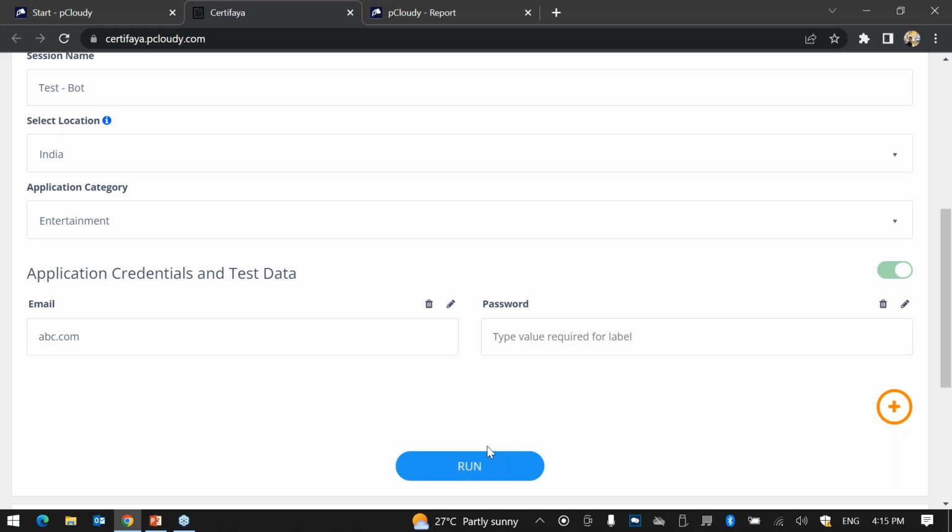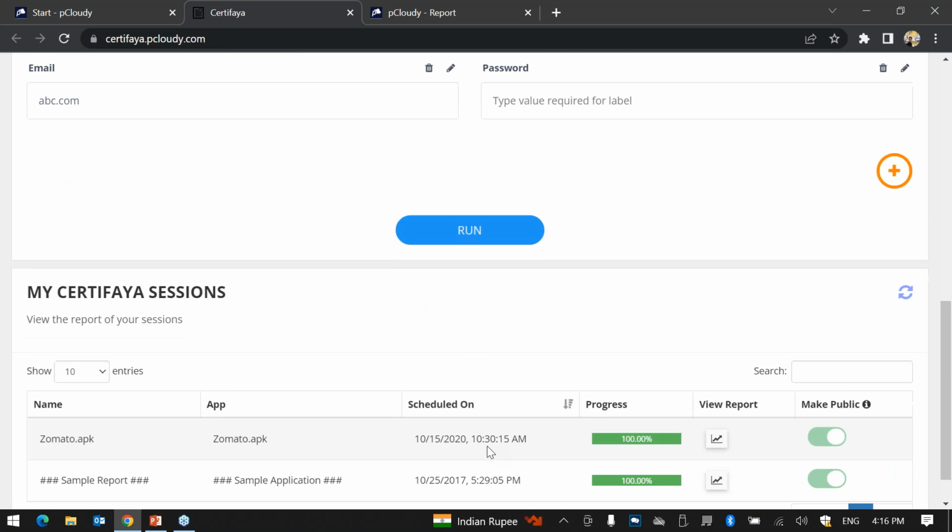Once you run, from the Android standpoint, the bot picks up 10 different random devices. You don't have control over selecting the devices here. The bot just does it. From the available pool of devices, the bot picks up 10 random Android devices and performs the test. As I said, there are two different bots. One performs the crash test and the other performs the exploratory test. Both bots perform these two different actions simultaneously and provide you the report accordingly.